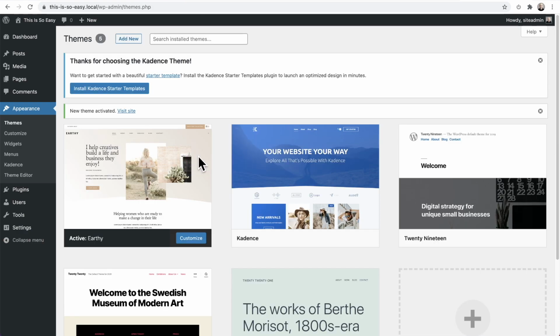So now you've seen step one, which is to install but not activate the Kadence theme. And then the second step is to install and activate the child theme. Now, the Kadence theme has to stay on the website because the child theme is dependent upon the Kadence theme. Now, the third step is really simple, and there's a prompt right here that says Install Kadence Starter Templates. So I'm going to click on that to install starter templates.